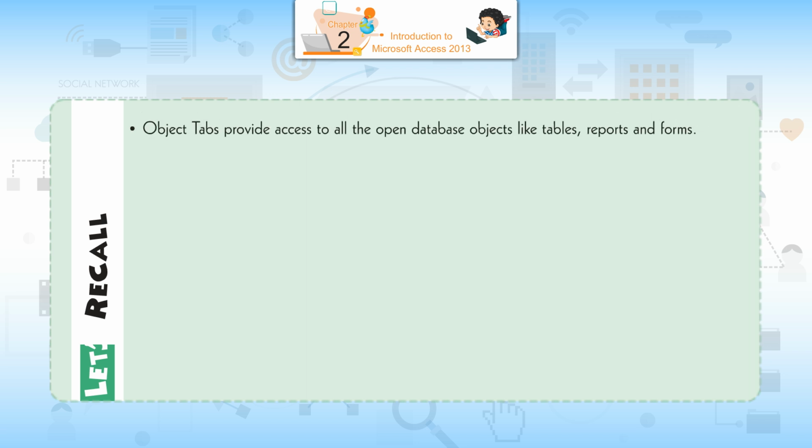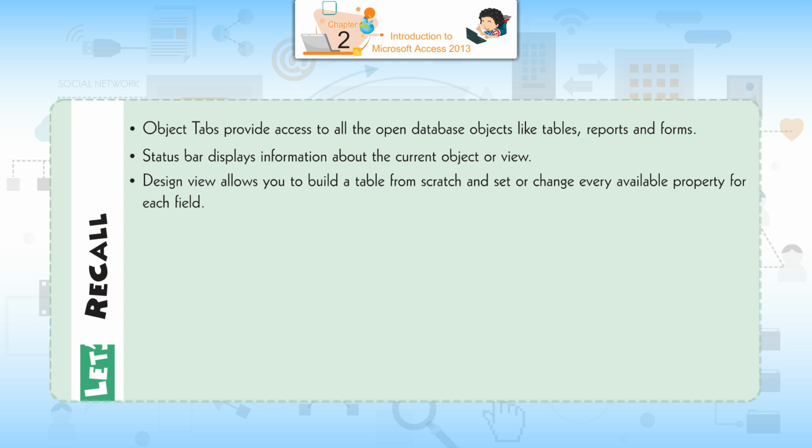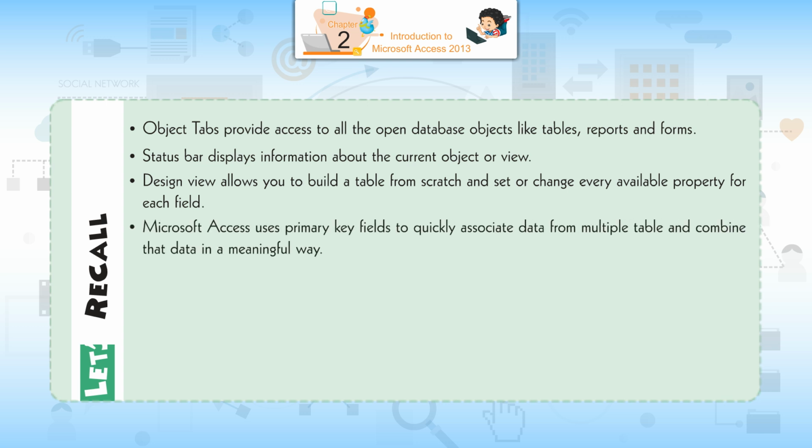Object tabs provides access to all the open database objects like tables, reports, and forms. Status bar displays information about the current object or view. Design view allows you to build a table from scratch and set or change every available property for each field. Microsoft Access uses primary key fields to quickly associate data from multiple tables and combine that data in a meaningful